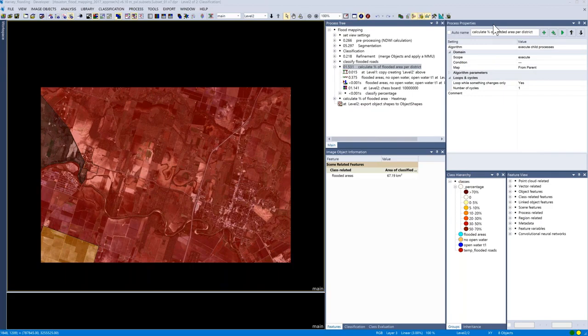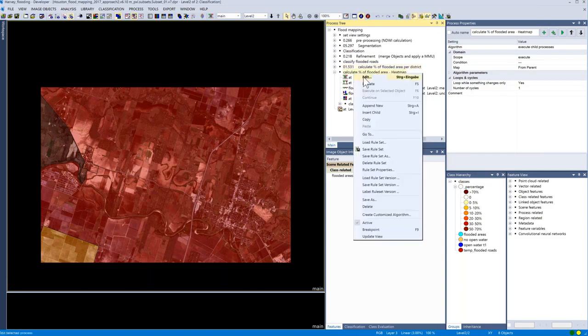All right, I'm going to continue. We already generated now 3 products, and I'm going to go to the last one, which is more or less calculating, creating a heat map. So it's the same procedure as for the districts. In this case, we're using a smaller value here for the chessboard. So we're creating a chessboard and assigning percentage of flooded area to each chessboard object.